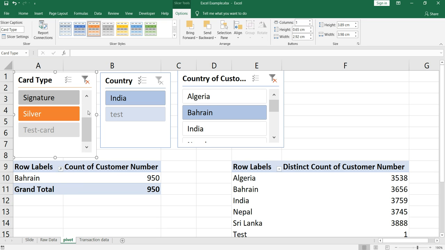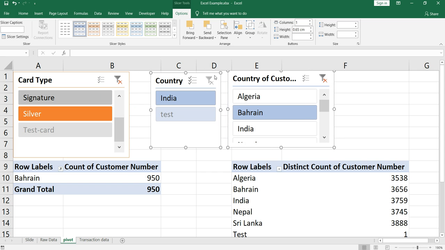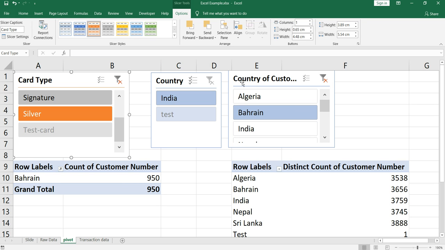Now for example, right now I have only one column in this card type slicer, right? If I want to increase the number of columns so that I can see two card types at the same time, or if you have multiple data type categories within the card type and you want to fit them within a small slicer window, you can select this card type slicer.